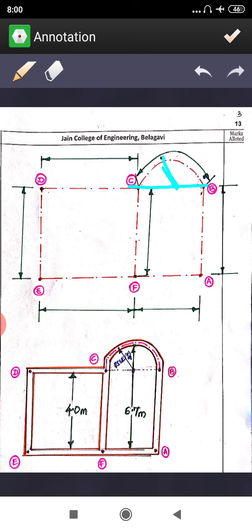Now you are supposed to determine this, because BC will be pi r. That r we are going to take as mean radius, so you can take it as pi r m, mean radius. So the determination of mean radius or rise is very important. We'll see how to get that rise.